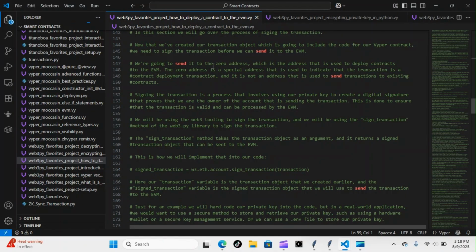We're going to send it to the zero address, which is the address that is used to deploy the contracts to the EVM. The zero address is a special address that is used to indicate that the transaction is a contract deployment transaction, and it is not an address that is used to send